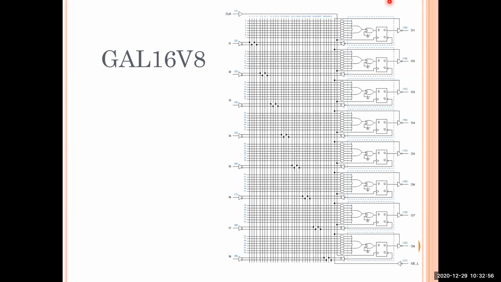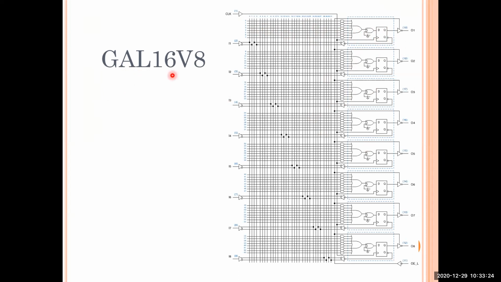This is one kind of CPLD, the GAL, generic array logic. This is how it looks. You can see different kinds of OR gates and AND gates. These are all the interconnections which I have just told you about. A large number of interconnections have been used here, and you can see one flip-flop has been used over here. This is how the CPLD or the PLD will be designed. So this is one type of design of a PLD.